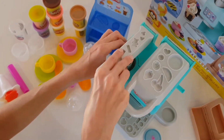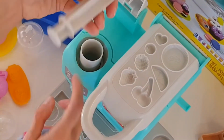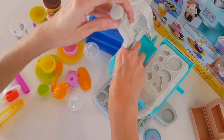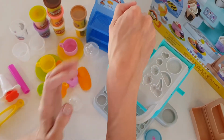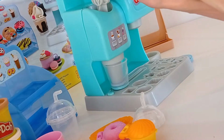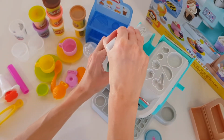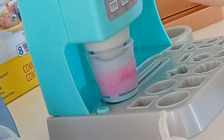Let me see how we can do this. Okay. Let me put the clay in a little bit better. Maybe not everything needs to go in. Let me try again. Ooh, my cup moved. Yay, it's working. Ooh. I'm just going to put in a little bit more clay. Ooh. Yeah, looks